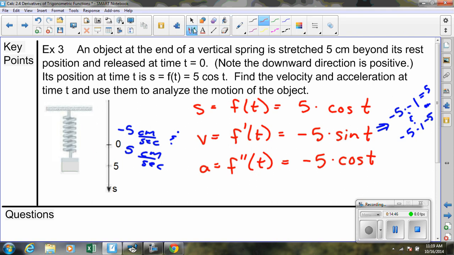We have the same issue with the velocity, or the acceleration function. Cosine is bounded between negative 1 and positive 1, which we run into the same issue: our acceleration will go between -5 centimeters per second squared and +5 centimeters per second squared,